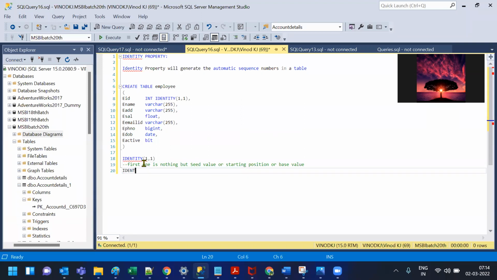And when it comes to the second one, it is nothing but the increment value. Don't write, okay, I'll give you time to write. Just listen. The second one is nothing but the increment value, guys. And this seed value can be changed. Increment value